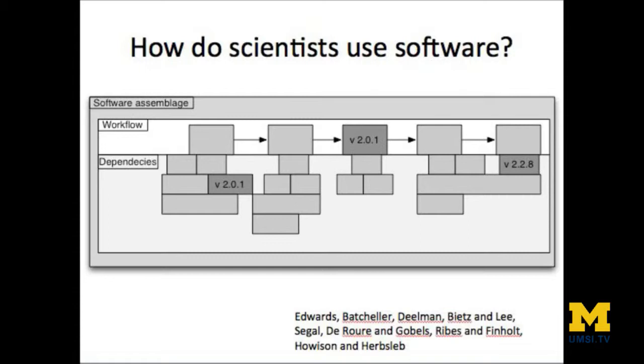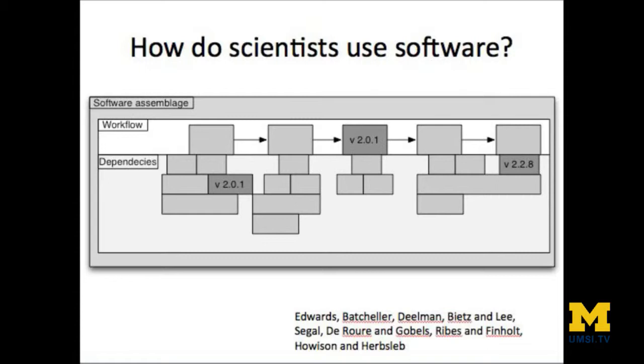Each of those pieces of software, of course, depends on a ton of other pieces of software, right? So when you install something, you often know you've got to put in place something underneath it. Most of them depend at some point on the TCP/IP stack. And so each of these pieces of software has their own set of dependencies. So I want to expand the discussion of the workflow to include all of those dependencies in what I'm calling a software assemblage,